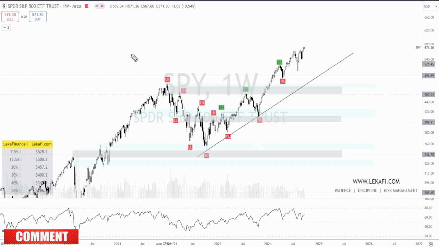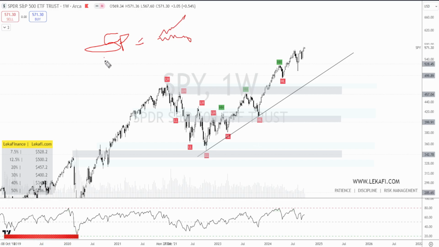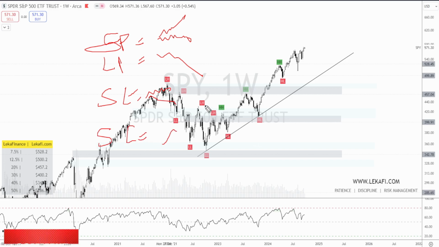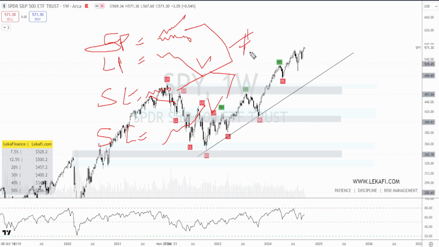So basically, it's very simple. If you open a short put, you want the stock to be trading sideways or to go up. If you open a long put, you want the stock to go down. That's for sure. If you open a short call, you want the stock to trade sideways or to go down. If you open a long call, you want the stock to go up. As you can see, long put and long call are opposites. Short call and short put are opposites.